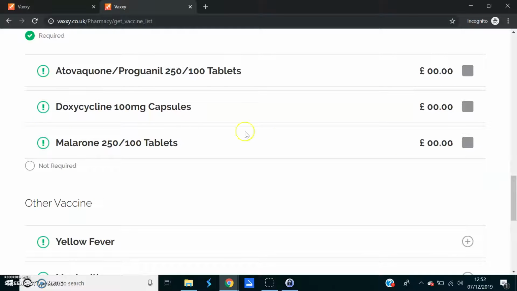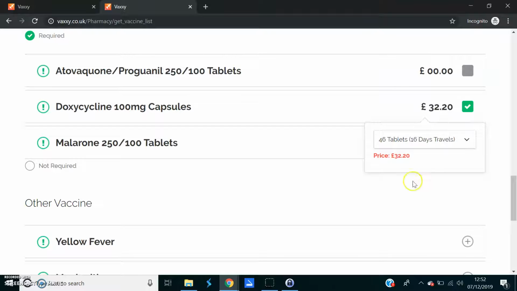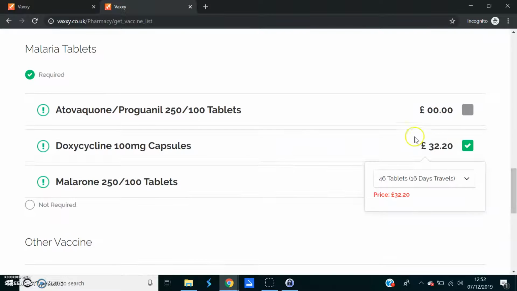And I'm not going to add this, but just say if you were to add an anti-malarial, literally click on it, and then you've got a drop-down menu here, and it tells you the number of tablets that's needed for the number of days of travel. So if you're going 16 days, you need 46 tablets because it's 2 days before, 28 days after, and it will then update the price here accordingly